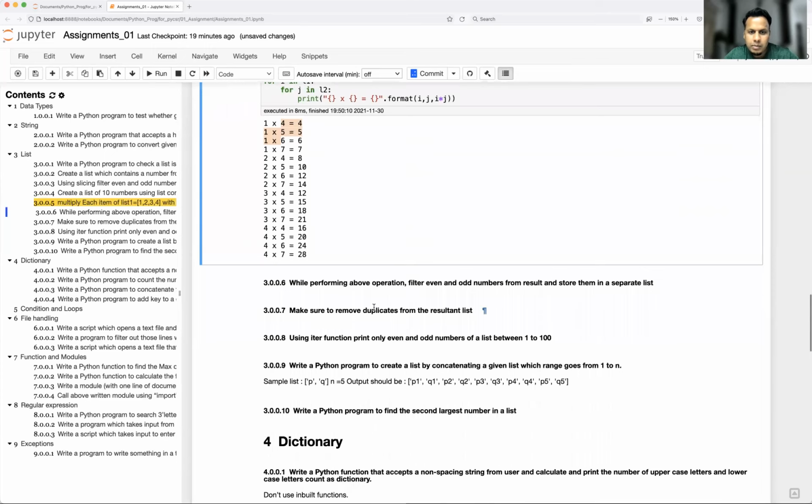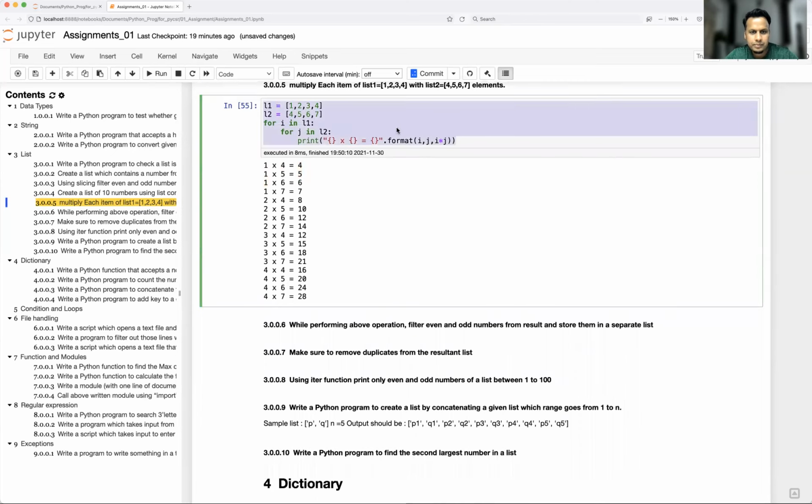Next one is: while performing the operation, filter even and odd numbers from the result and store them in a separate list. So we would like to filter even and odd numbers. Let's use the same program.